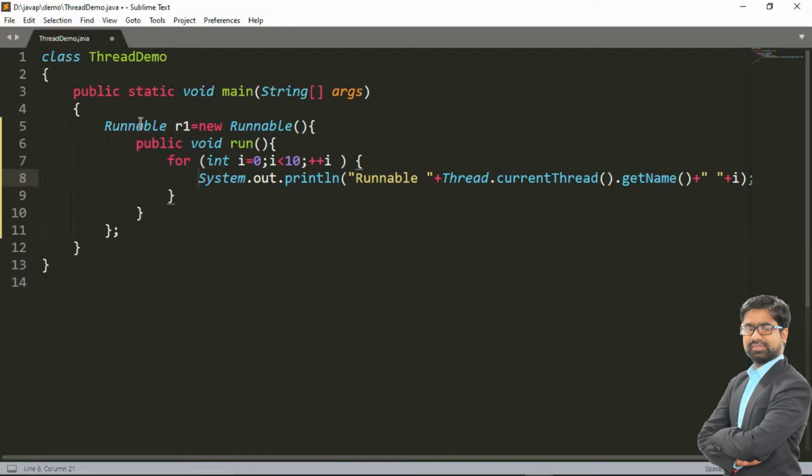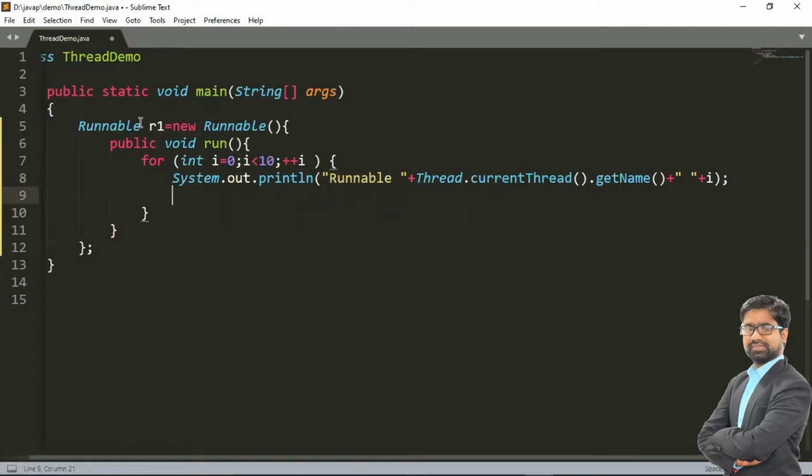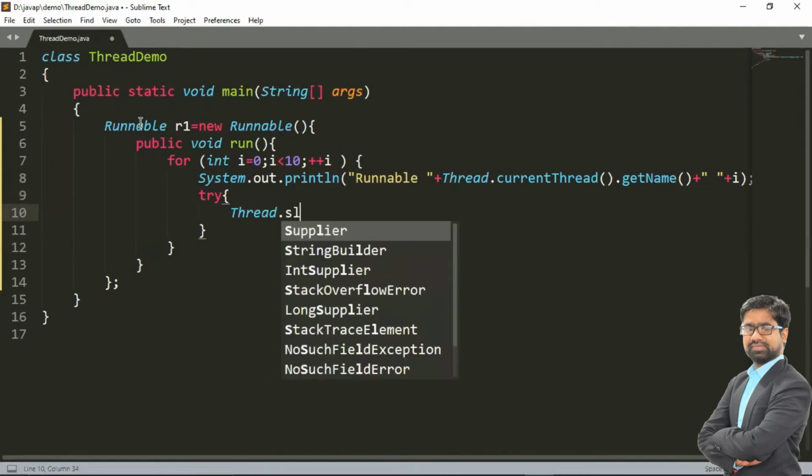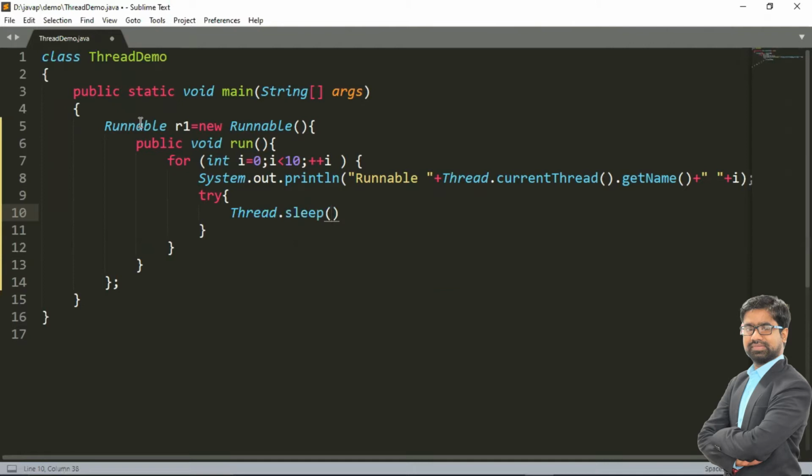Now suppose you want to use the sleep method. We can use the sleep method here, but it may throw an InterruptedException. So either we handle it using a try-catch block, or we use the throws keyword. Let's use the try-catch block here. Thread.sleep, in which I am adding a time as the argument.